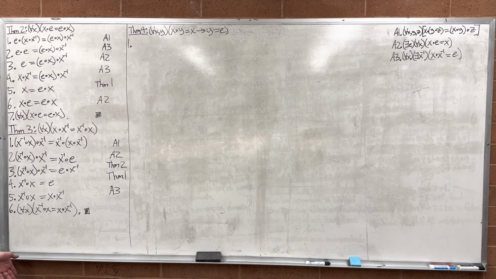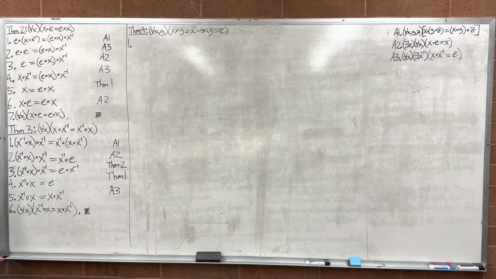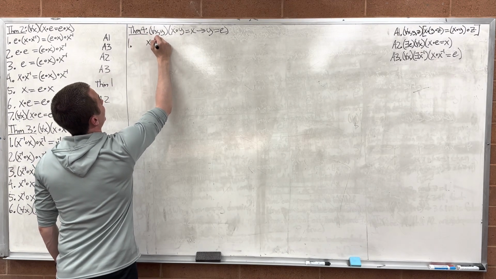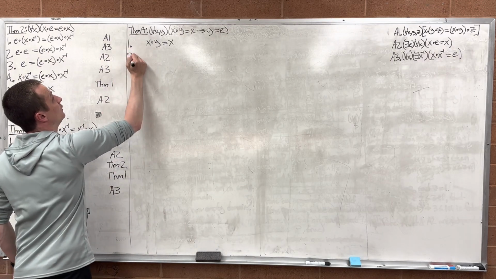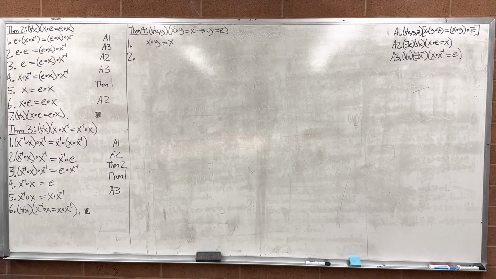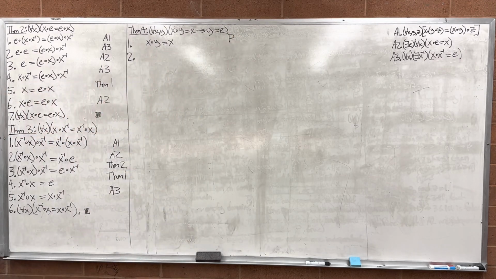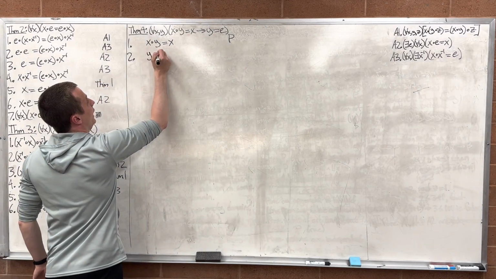All right. So this one we're proving an implication. How do we typically prove an implication? Assume the antecedent, show that implies the conclusion. So let's start out by assuming that x compose y is equal to x. What am I trying to prove if that's the case? This was our premise, so we have to get rid of that line when it's all said and done if we want this proof to be a theorem. So we're going to assume that, and we want from that that y is somehow equal to e. So y is equal to,